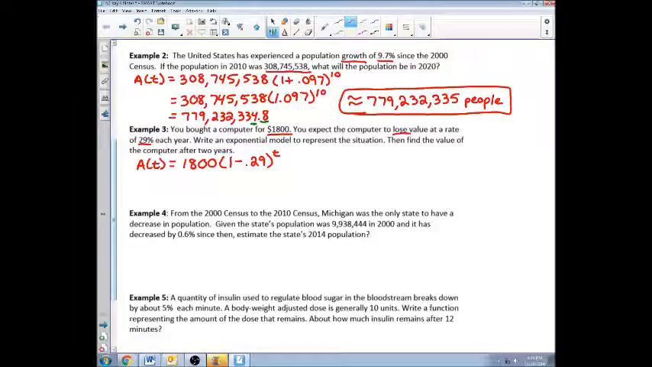Now that I have my model, I can go ahead and put 2 in for t. So it would be A of t equals 1,800 times (1 minus 0.29) to the t. I'm going to go ahead and simplify that. So 1 minus 0.29 would be 0.71. I can put 2 in for t. Again, you could type that straight through in your calculator. Make sure you're using parentheses. Or you could take 0.71 raised to the second, hit enter, multiply it by 1,800. What you're going to end up with, A of t will equal